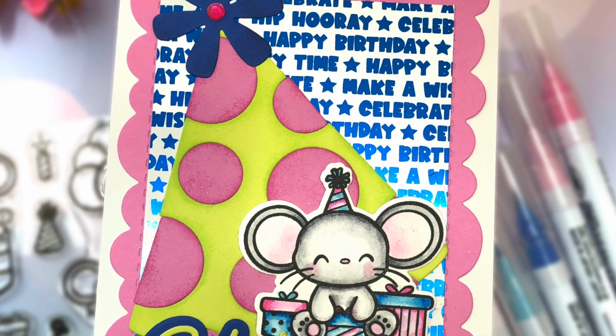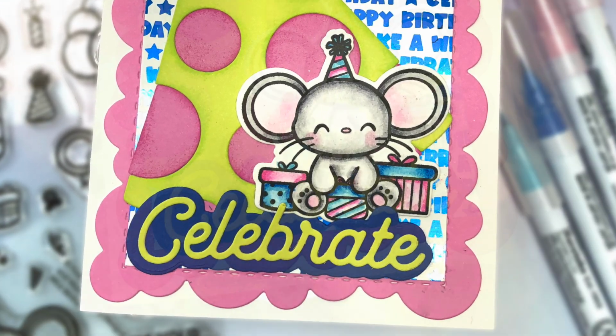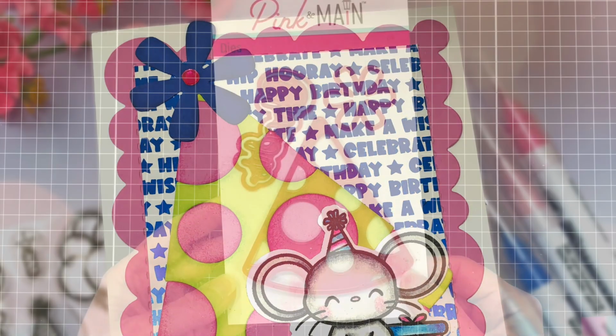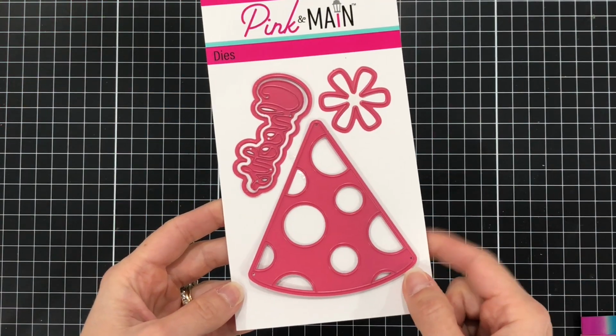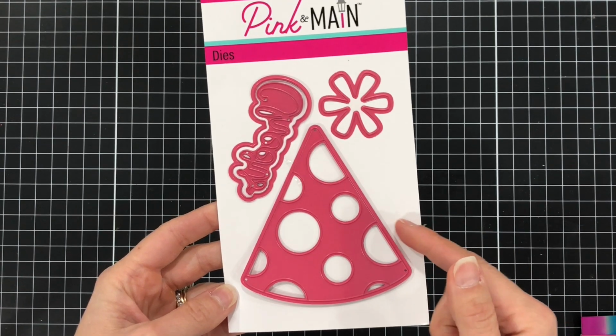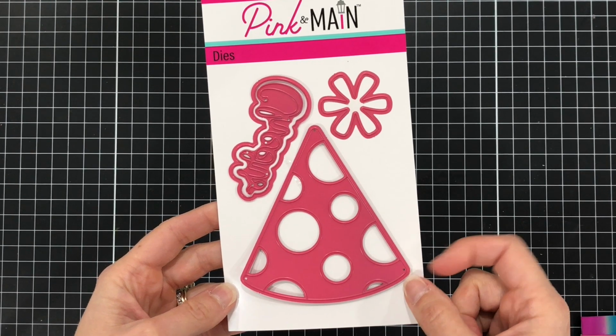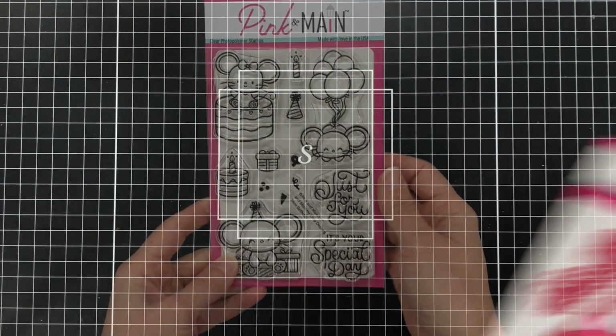In today's video, I'm going to be making a party hat birthday card using some products from Pink and Main. I love this party hat die set because it's pretty large. It'll fit on the front of an A2 size card, and you can use it by itself on a card,